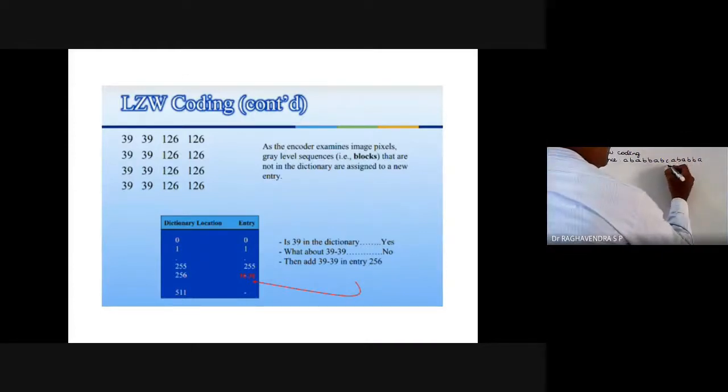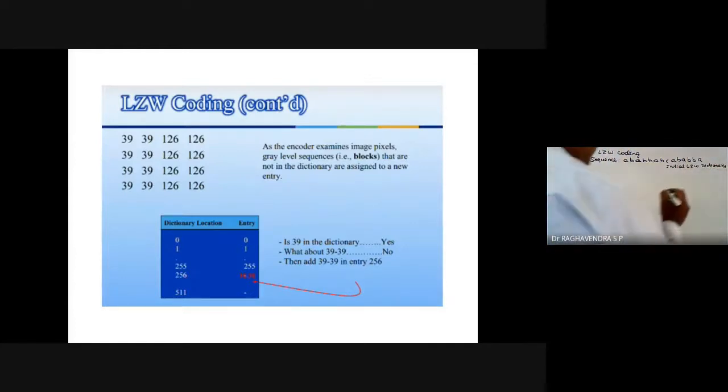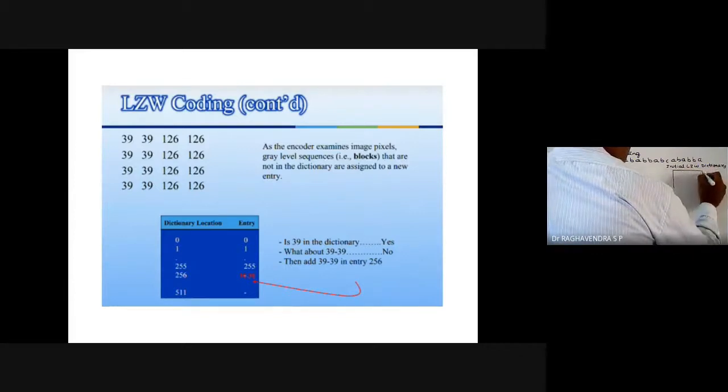So he has given a dictionary, the initial LZW dictionary, with an index and an entry.